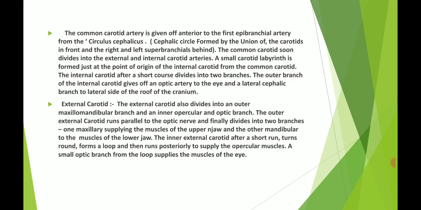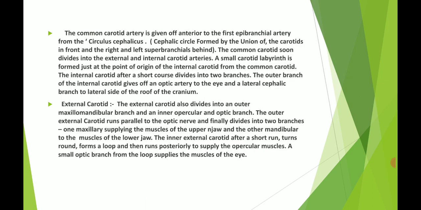Here the external carotid also divides into an outer maxillomandibular branch and an inner opercular and optic branch. The outer external carotid runs parallel to the optic nerves and finally divides into two branches: the maxillary, supplying the muscles of the upper jaw, and the mandibular, supplying the muscles of the lower jaw. The inner external carotid, after a short run, turns round, forms a loop and then